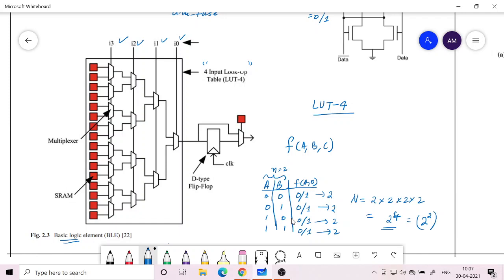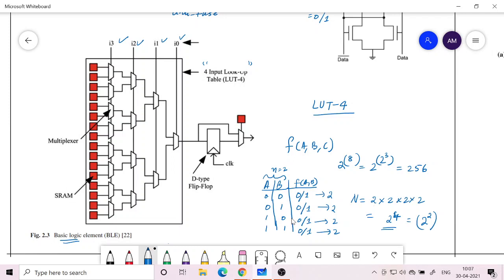Similarly, for n equal to 3 you will have 2 raised to 8, which is basically 2 raised to 2 raised to 3. You are getting what I am saying? So this is going to be 256. So with 3 input variables you can have 256 Boolean functions possible.